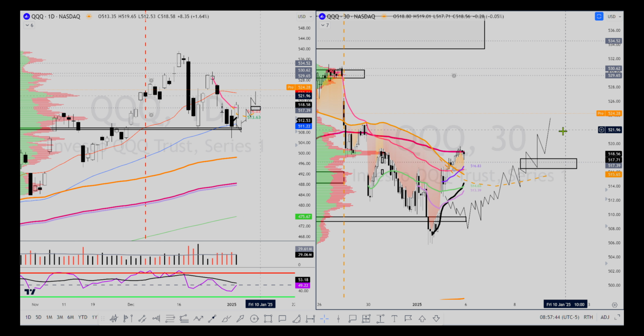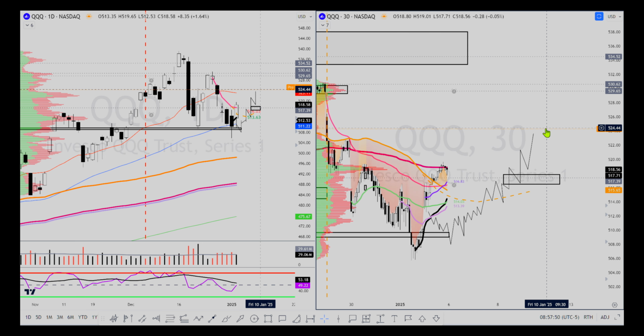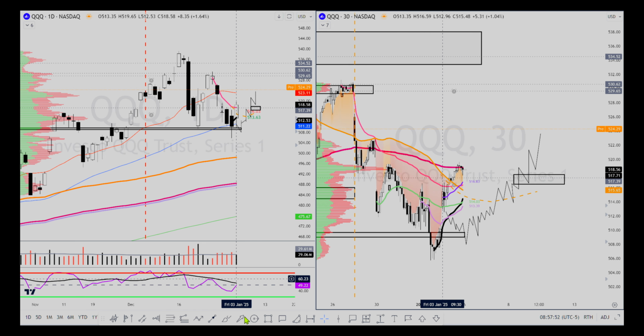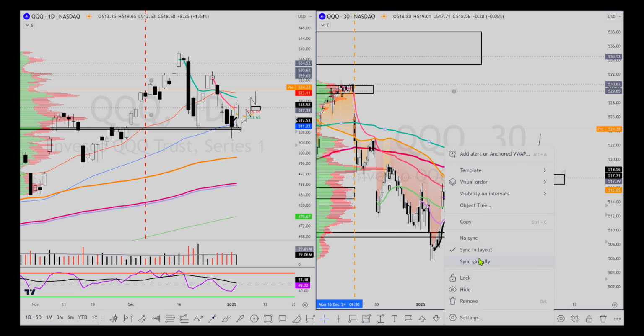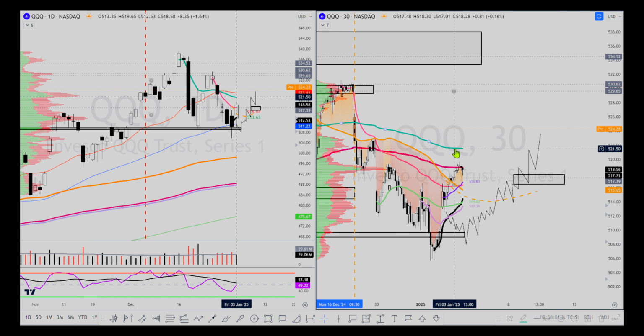So as we pull back, that 5-day moving average continues to flatten out as we add this data if we pull back. And that's what I'd prefer, instead of chasing and getting a low risk setup. So let's just change this to red like we did on the SPY. So we have the volume weighted average price of last year's high, and we're rallying above that